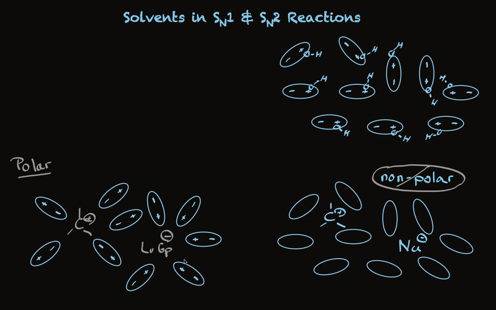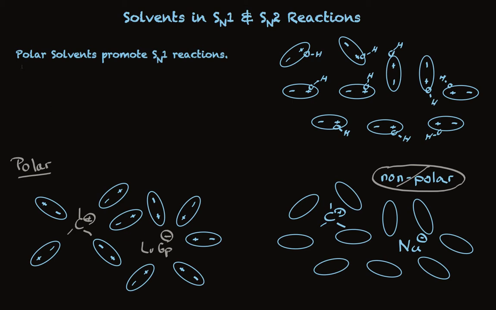So a polar molecule as solvent will stabilize the two species we're forming in the rate determining step of an SN1 reaction. This will make it faster. So we can say that polar solvents are good for SN1 reactions. They have little effect on the starting reactants. It's a neutral molecule, but they have a substantial stabilizing effect on the two products that are being formed in